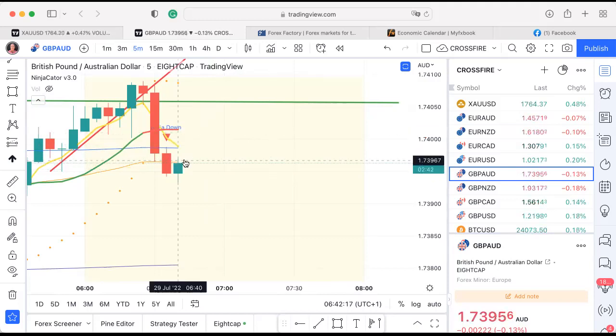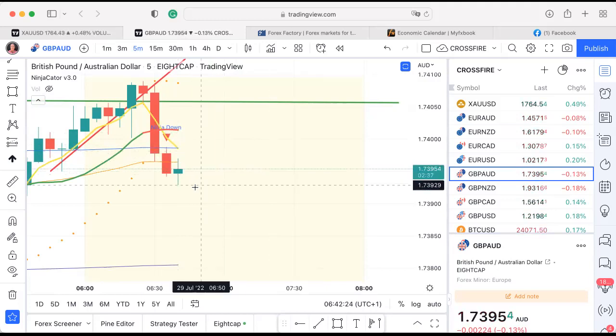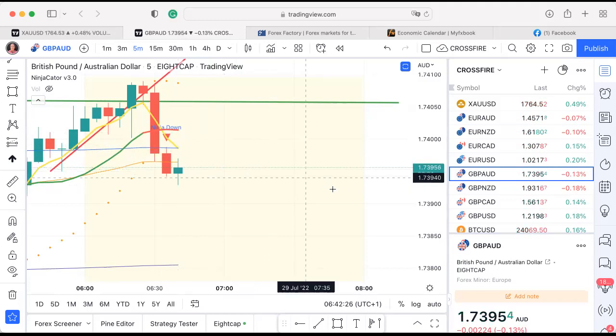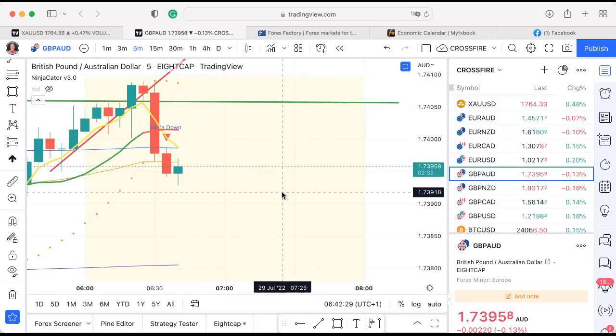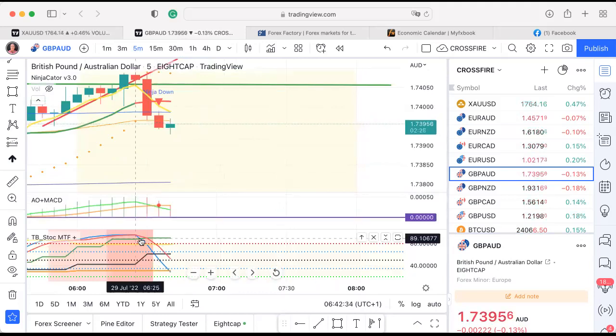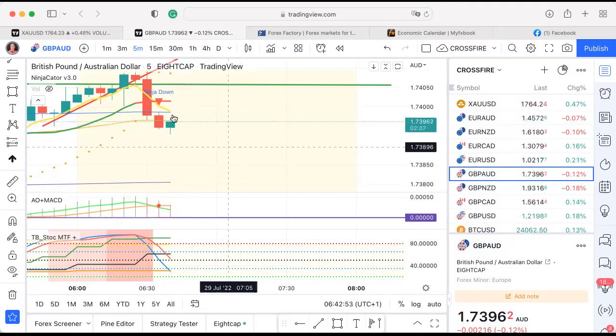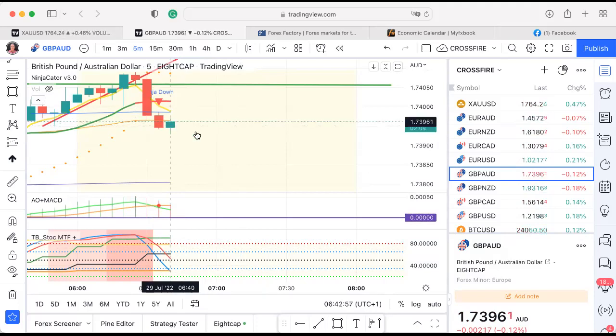But as I say, this candle has long wicks at the top and at the bottom, and that's telling me it's undecided. So what I would do is look at the multi-time frame stochastic. We've been in the extreme here. The 5 minute has started to head down. It's getting near the bottom. What I would be looking for is for the green to start to turn down. That's the 15 minute, and then I would be feeling more confident. Right now, I'm not feeling 100% confident that this is going down.